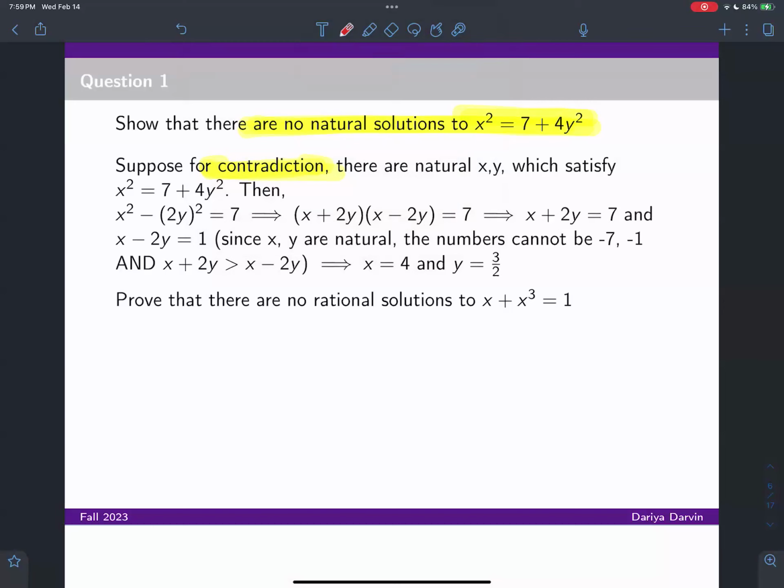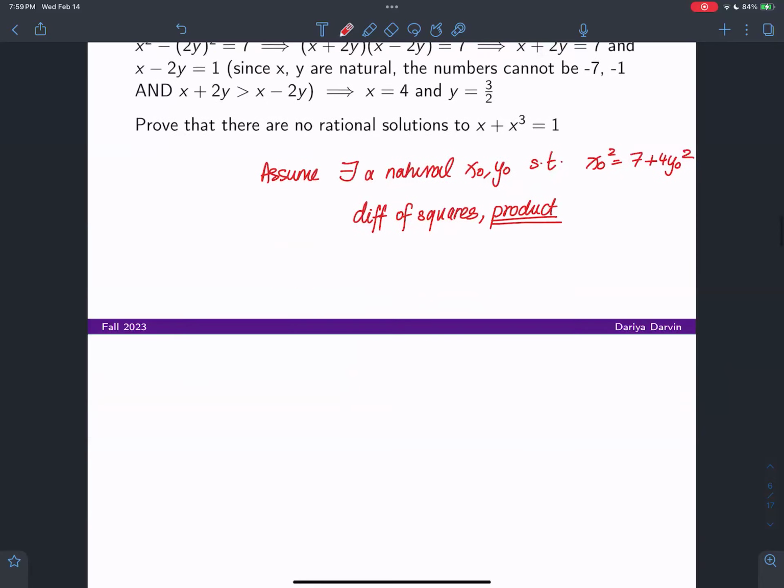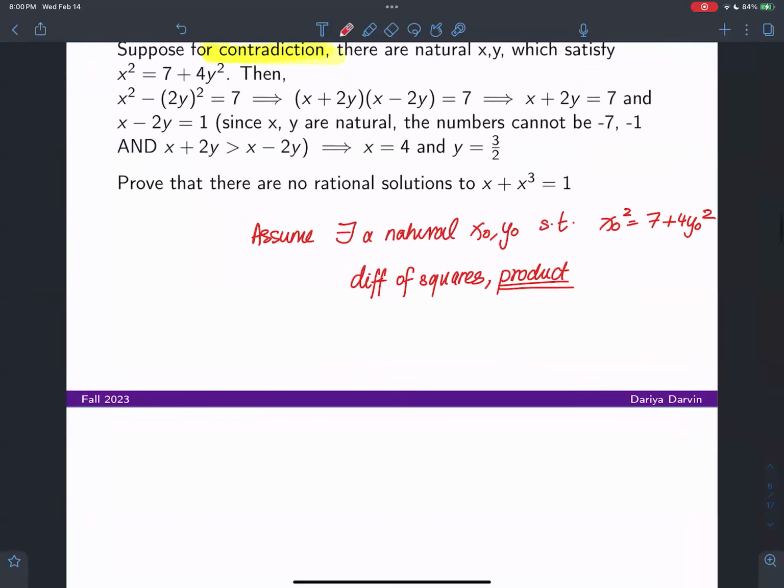The key here is usually: assume there is a natural (x, y), let's call it (x naught, y naught), such that x naught squared equals 7 plus 4 y naught squared. In general, for these questions, what you're going to do is use difference of squares. Generally, and then product. It's not the product rule, but the general product concept. Difference of squares is basically a product of two numbers. It's not always a difference of squares. It's a product of two